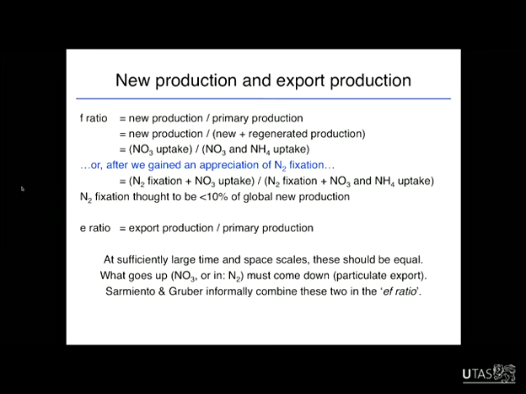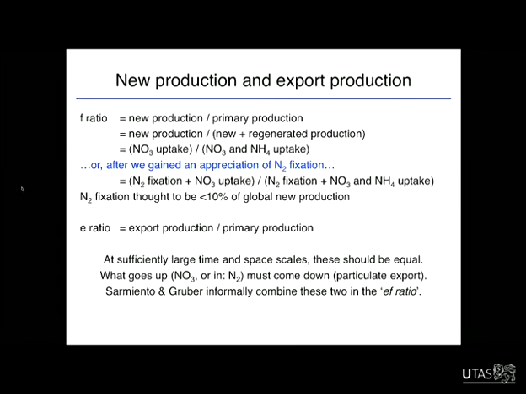So if we look at sufficiently large time and space scale, so if we were to average the new production or the F ratio over a large ocean basin, it should be about the same as the E ratio, the export ratio. All that means is that what goes up must come down. So any of the new nitrate that's brought into the surface waters gets packaged into biological material and then starts to rain out. If those terms weren't equal, if the new production was not balanced by the export production, then